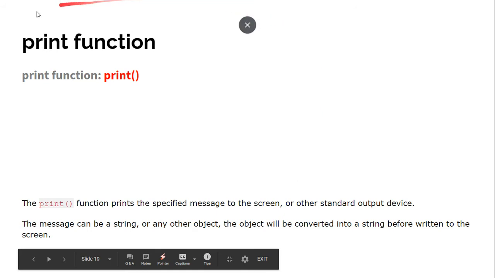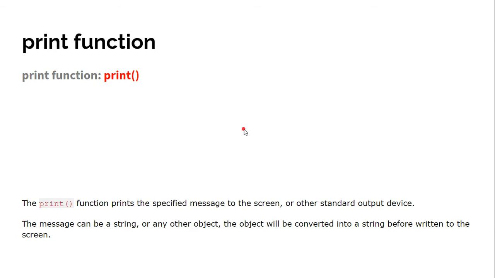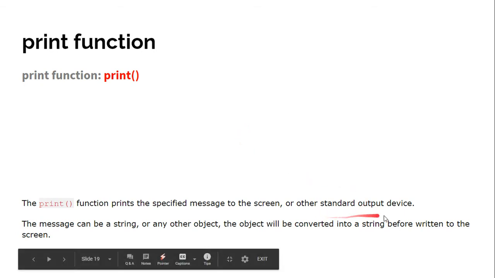Screen means our computer, laptop screen, or mobile screen, and other standard output devices means output devices. Maybe if you want to write your result into a CD or into a file, that will be called a standard output device. The message can be a string or any other object, and the object will be converted into a string.